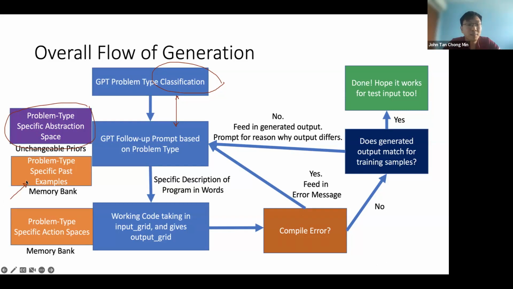If you can ground it with some examples of how this specific problem type was solved, perhaps GPT may be able to choose the functions appropriate for it. So this memory bank helps to ground the generation of the output space. First, using the action spaces, we can get the description of programming words. Then we can use the action spaces, which are the helper functions, to ground the code. This action space can also ground the prompt here. So a lot of grounding is involved,